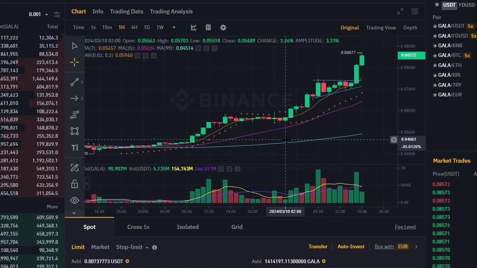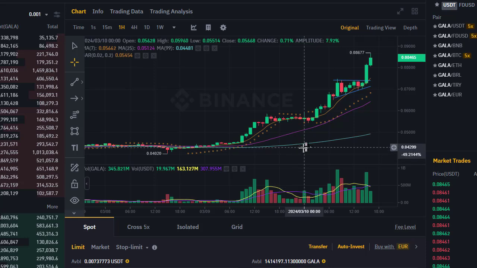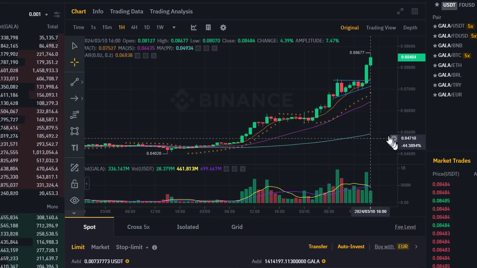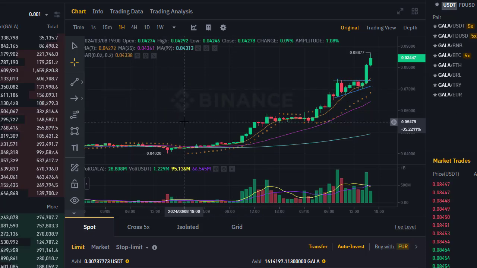So what we can see here, now we have a really difficult chart because Gala is going absolutely mental at the moment, but mental is a good word for it because we're talking psychology. The only reason a price on any asset, be it an equity market, so share prices, or cryptocurrency or currency markets, moves is that it's a battle between people thinking the price is undervalued versus people who think it's overvalued. So you've got people selling, people buying.